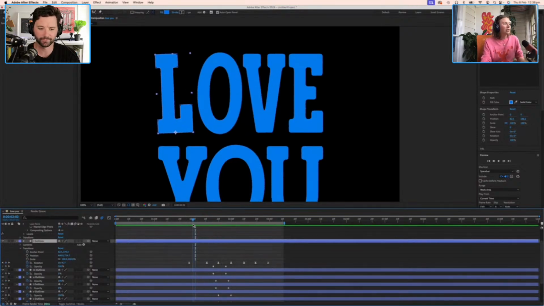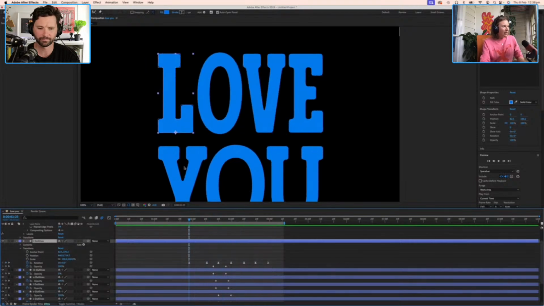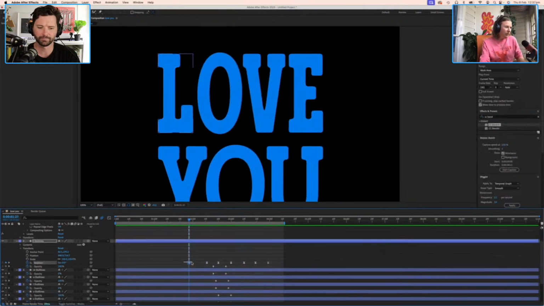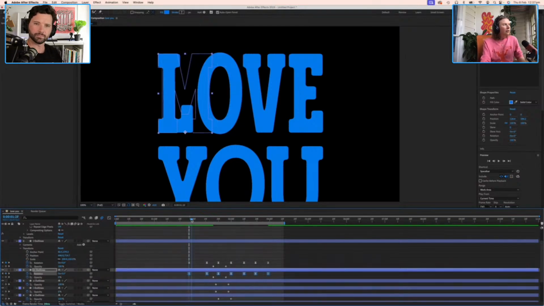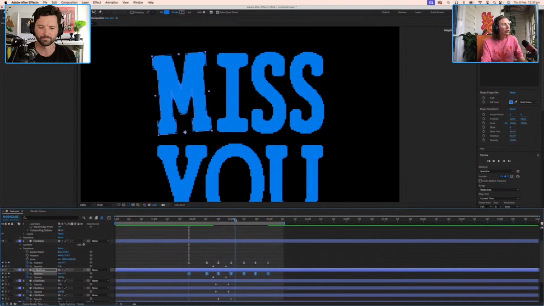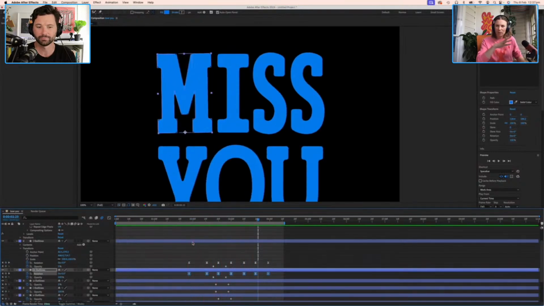Nice. So now that we've got that rotation run of keyframes, I'm going to copy, and because our L and our M are happening at the same time, those keyframes can go in exactly the same spot. Now when it morphs, the M's going to have the same sort of motion that the L had.